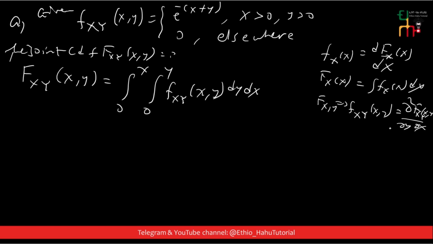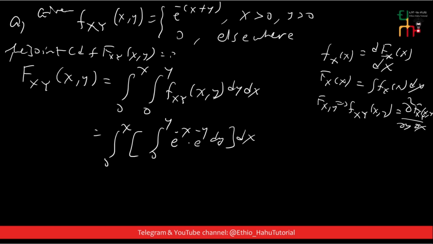ስለዚህ ይሄንን ለማግኘት cumulative distribution function ለማግኘት ምን እናደርጋለን ማለት ነው? ይሄንን ኢንቴግሬት እናደርጋለን with respect to y and with respect to x ማለት ነው። ስለዚህ ይሄንን ኢንቴግሬት እናደርግ from 0 to x አድርጌ times from 0 to y e to the power of minus x times e to the power of minus y dy times dx አደርጋለሁ። e to the power of minus (x plus y) ማለት e to the power of minus x times e to the power of minus y ስለሚሆን ማለት ነው። This is equal to the integral from 0 to x አድርጌ e to the power of minus x is independent of y ስለሆነ ከኢንቴግራል ውጪ አወጣለሁ, minus x አድርጌ the integral from 0 to y of e to the power of minus y dy አድርጌ dx ማድረግ ይችላልኝ።